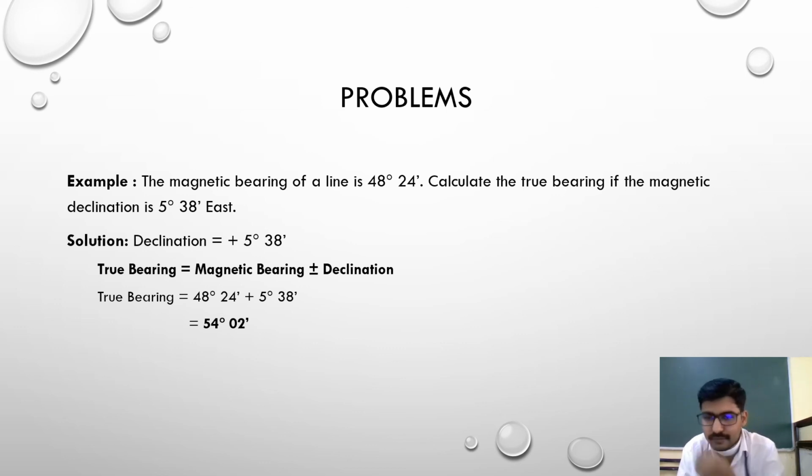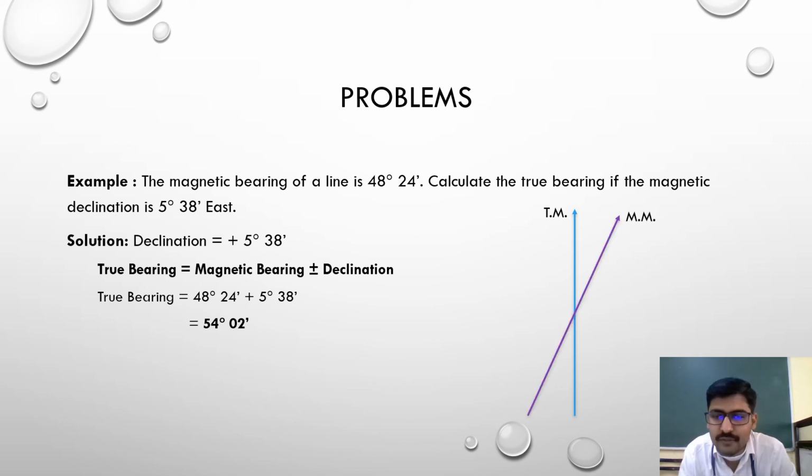So you refer the diagram here. First I will draw a vertical line, call it the true meridian. True meridian in the sense what? True north. So always have the habit of having such a diagram drawn to solve the problem. So the vertical line is the true meridian. Then draw the magnetic meridian. Why I have drawn the magnetic meridian towards the right side is because the given declination is east. So when this is given east, we are supposed to draw it towards the east side.